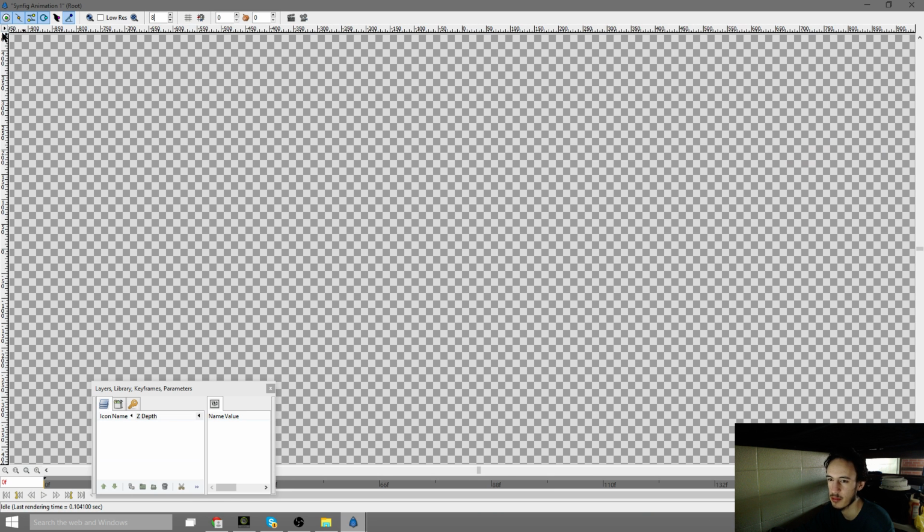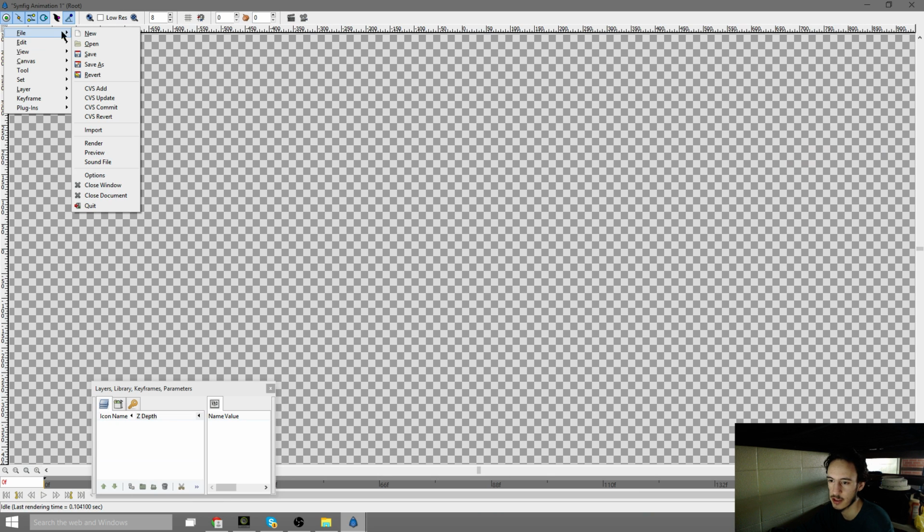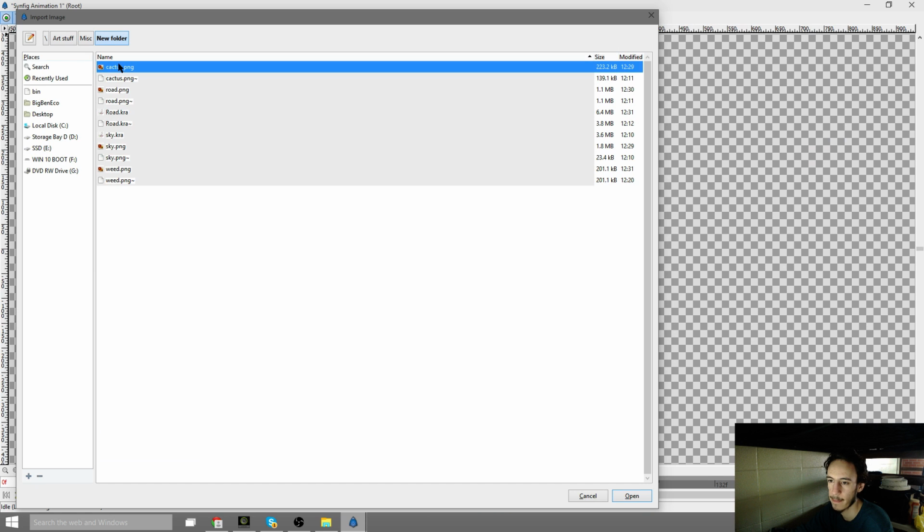It's really dumb design, in my opinion. I think it's a very ineffective design. Very user-unfriendly. Took me a lot of videos before I figured that out. So let's go to import. See, this is the real stuff, the real toolbar. Import. And I can only import these one at a time, so